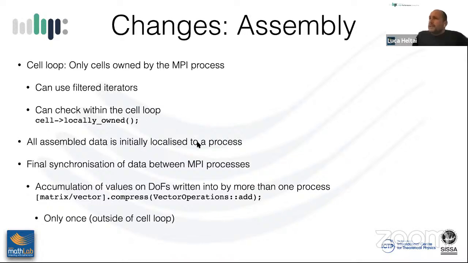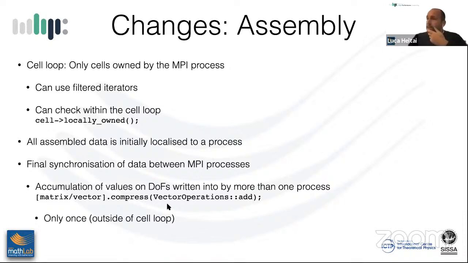All the assembled data is initially localized to a single process, and then you synchronize everything between the various participating MPI processes at the end of the matrix assembly. This is done by calling compress, which is the function's name in the deal.II library terminology. This function makes sure that I communicate to all of the participating processes that I want to add some more entries, for example, because I'm assembling the local right-hand side on some terms that do not belong to me,